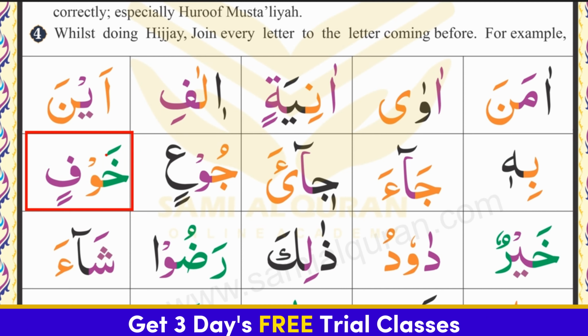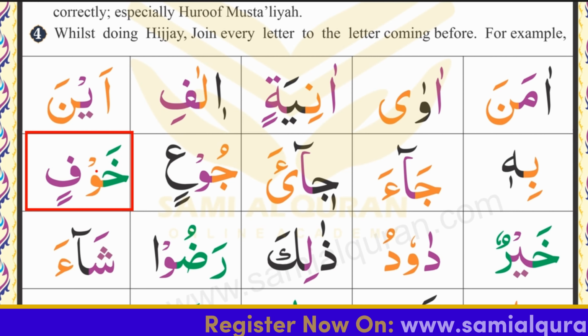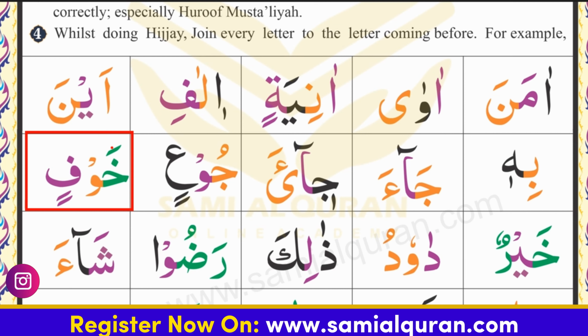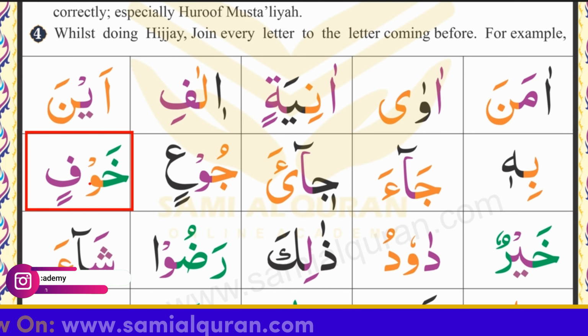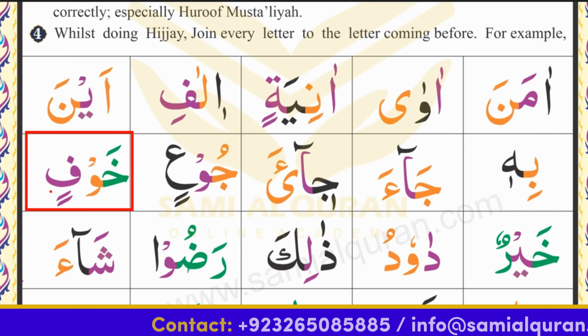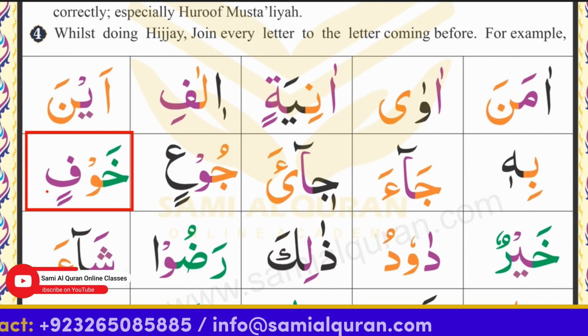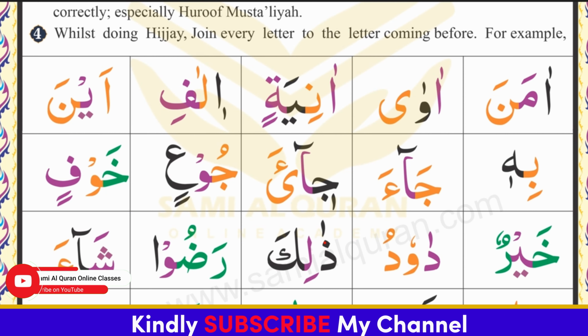Kha, waw, fatha, khaw. And here we have the rule of waw leen, because the waw coming with the sukoon sign and before coming fatha. So this is waw leen and we read with the soft sound. Kha waw fatha khaw. Fa double kasra fin. Khawfin.